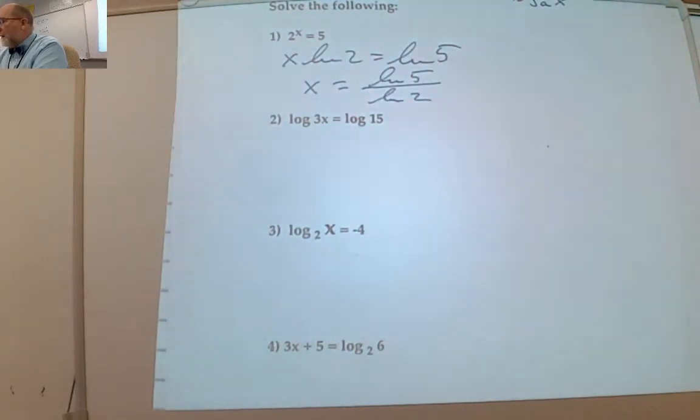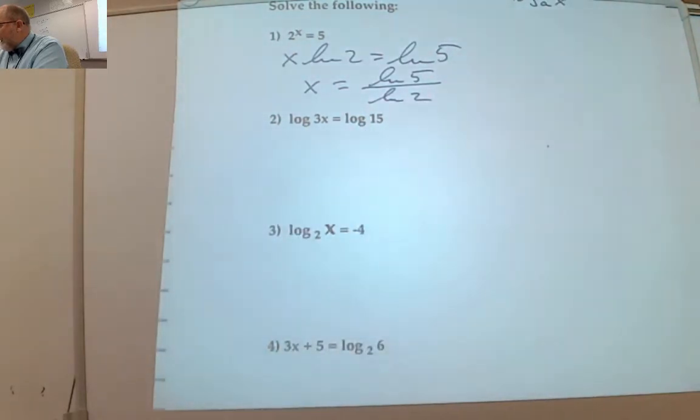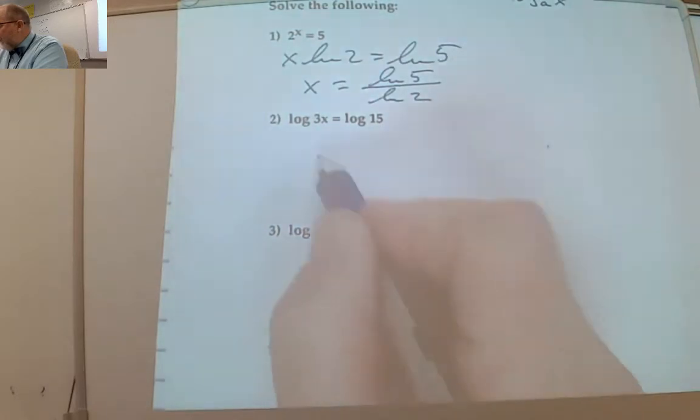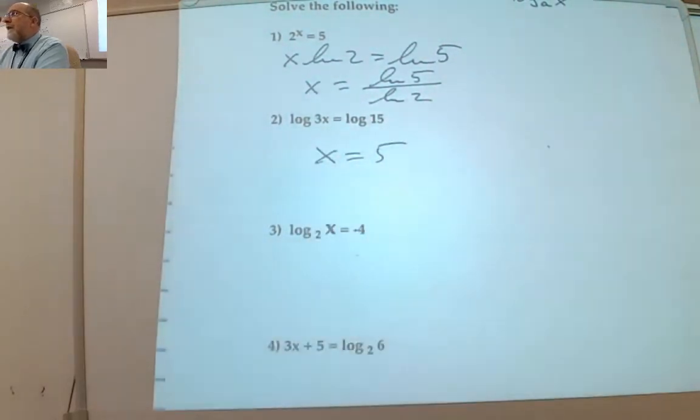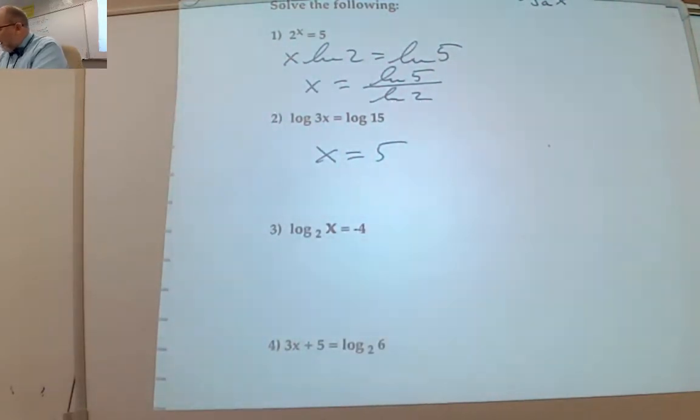Number 3. This is log base 10, right? If they're equal to each other, x equals 5. x equals 5, you're done. Because this has to be 15 also, right? Claire,